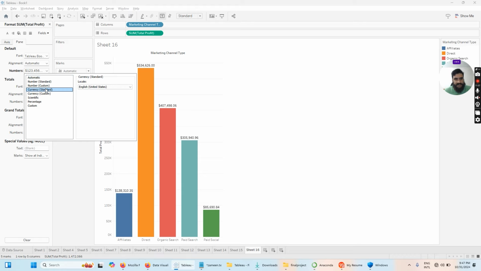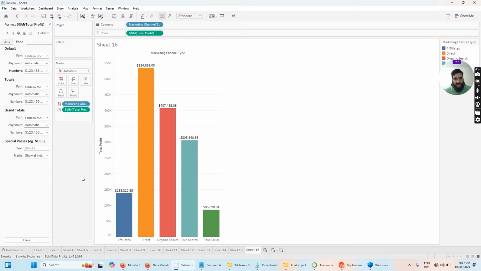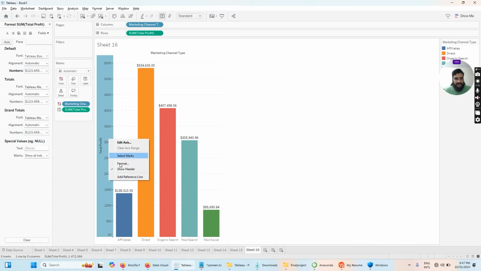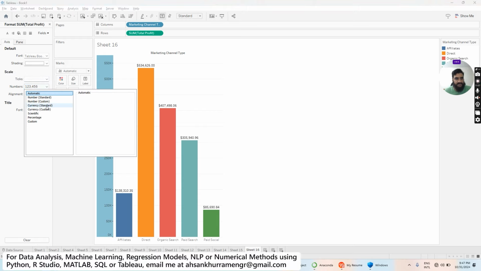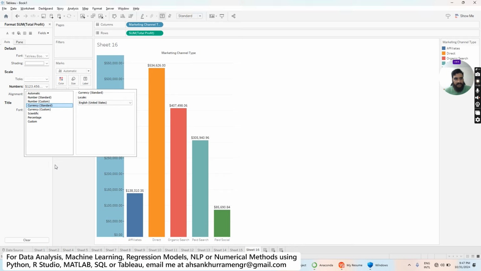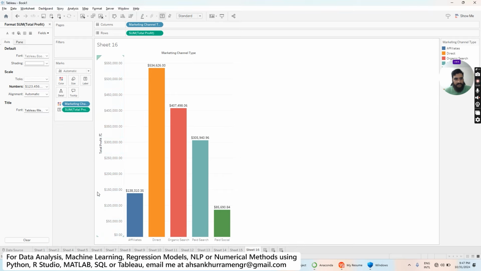Now you can see that its value has been changed to currency, and we are going to do the same thing for the axis as well, because the axis itself is in currency or dollar values. So right click on the axis, then go to format, here go to axis and then go to numbers and change it to currency. Now you can see that it is showing in the form of currency, in the form